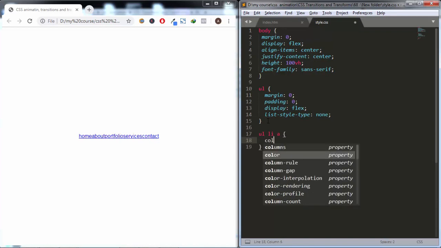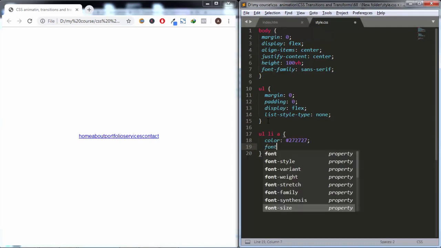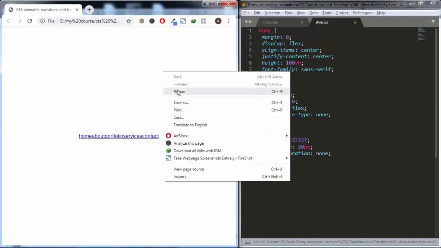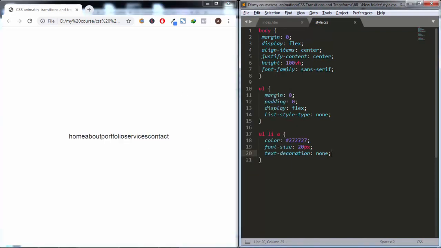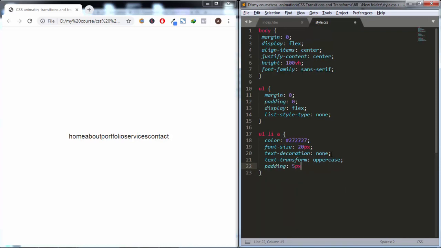I will target the anchor tag, and I will set its color to this dark gray color. Then we want to make the font size a little bit bigger, so I will add font size, 20 pixels. Then text decoration, none, to remove the underlines. Text transform, uppercase to make all the letters capital, padding,